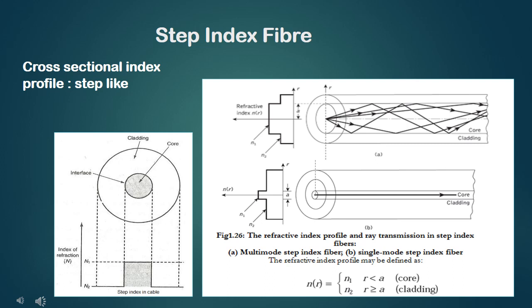But a step index multi-mode fiber suffers from the intermodal pulse broadening effect. We know that in a multi-mode fiber, different modes of light travel along the core axis, so these different modes will have different propagation speeds or group velocities. So at the output receiving end, these different modes will reach at different times. So there will be a broadening of the pulse due to this intermodal dispersion. This is known as the pulse broadening effect, and this is not desirable for the proper functioning of an optical fiber cable.